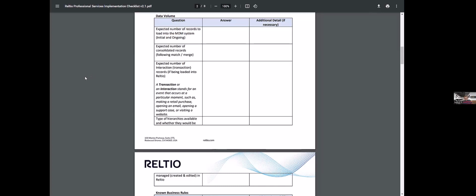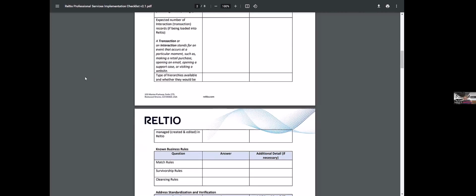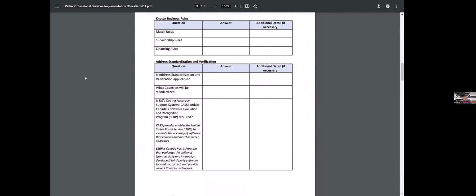So now we've figured out the source systems, we've figured out the volume. The next thing is to document the business rules and the standardization and cleansing rules. When we talk about standardization, we usually deal with the transformation and cleansing rules.